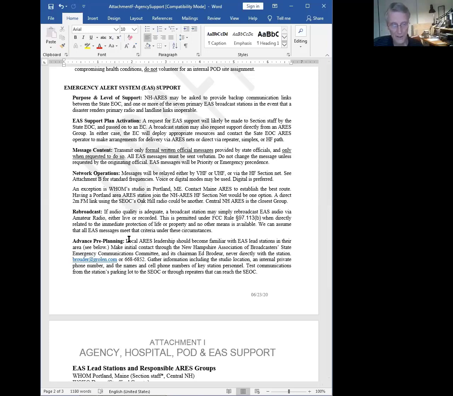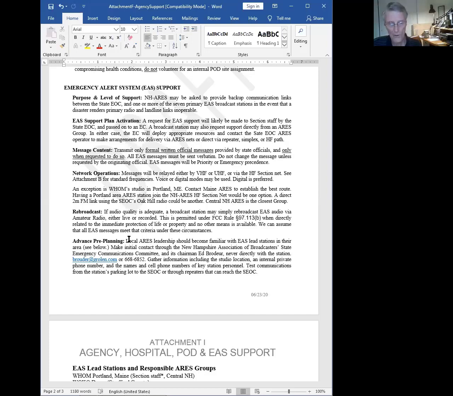But he is the lead from the New Hampshire Association of Broadcasters. He handles the emergency communications for them, which is EAS. The idea is that if they lose part of the EAS backbone between the state EOC and any of the lead stations especially, we would be asked to fill in. John Wynn was familiar with this plan. He and I walked through it. He thought it might work. We never did get a chance to drill it or test it. So that's something for the future that could be thought about.